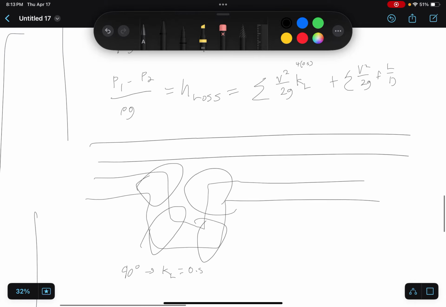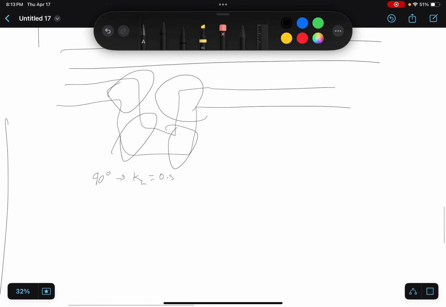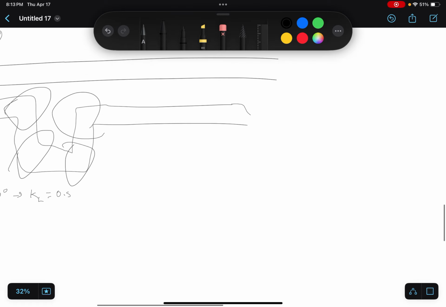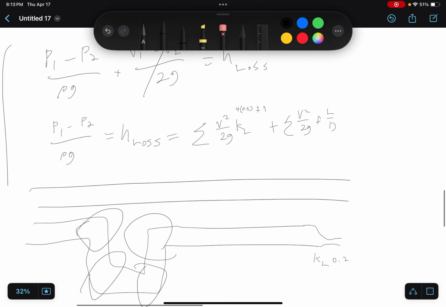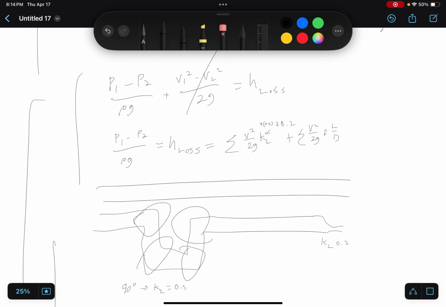And let's say you also have a converging nozzle that has a K_L of 0.2, then you add 0.2, and that would be your K_L. So literally the more bends, the more orifices, all that stuff that stops it from being a straight pipe, means your K_L term increases,